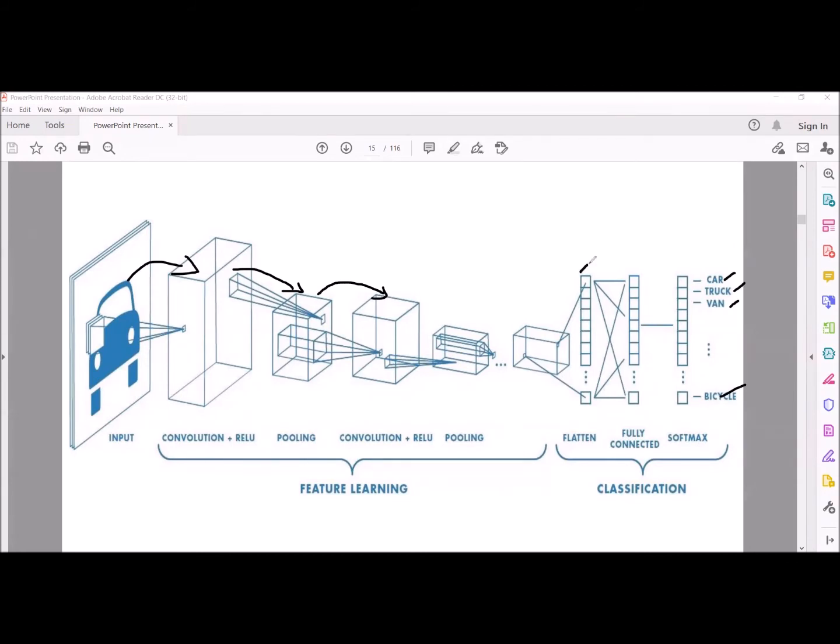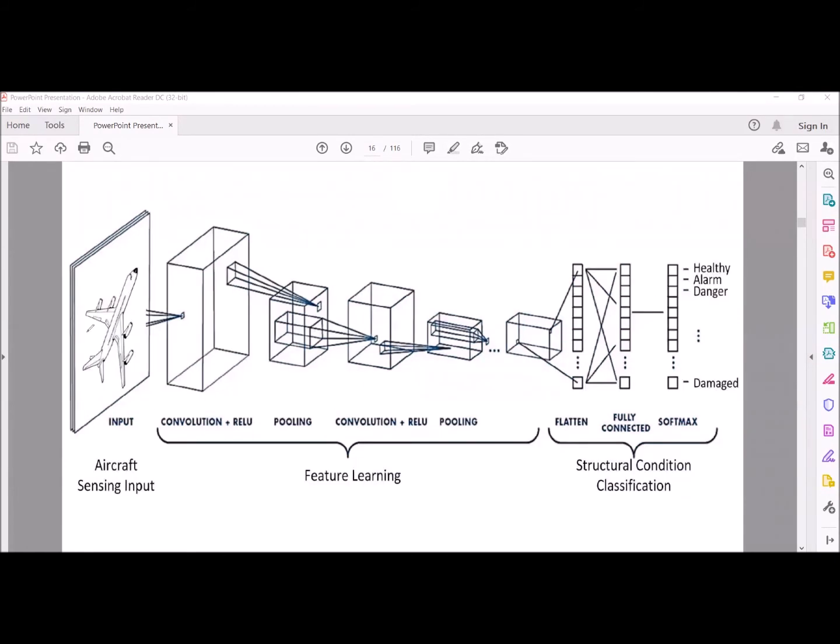And finally, we are flattening. After that, we are classifying it. Similarly, in this image, an aeroplane is there. We are extracting the features of the aeroplane by using many filters, followed by a pooling operation, and again a convolution and pooling operation. You can observe the feature map size is decreasing. At this moment, you can think the image size is getting decremented. Then finally, we are sending it to the flatten layer and fully connected dense connection, followed by classification.